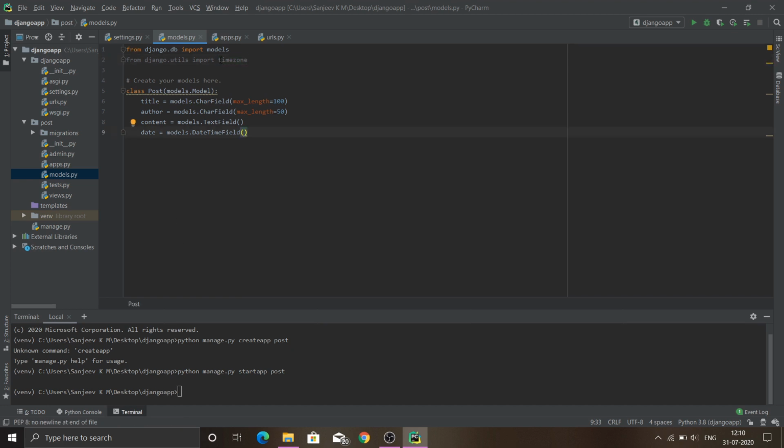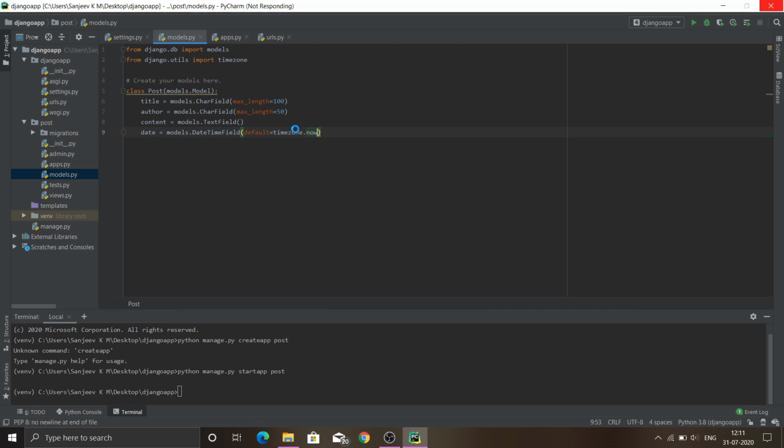So I'm going to set this value as the default in our DateTimeField. Default is equal to timezone.now. This will provide our field with the current date on which this post is created.